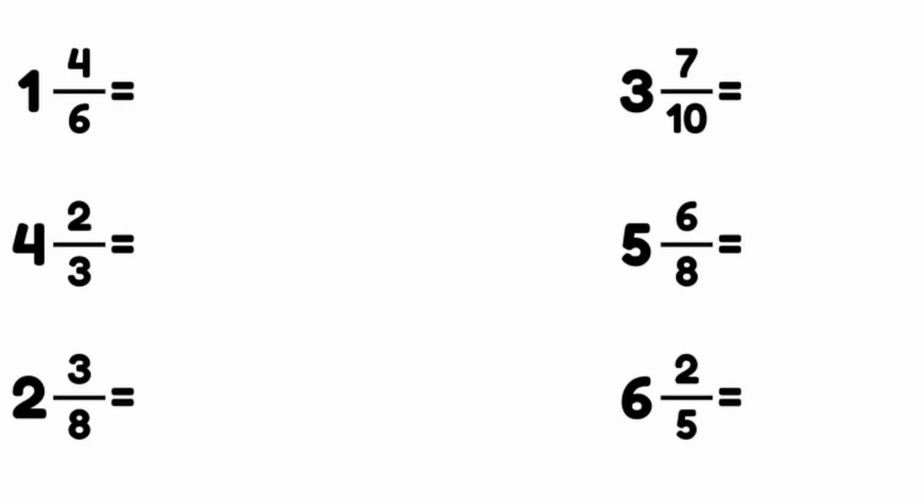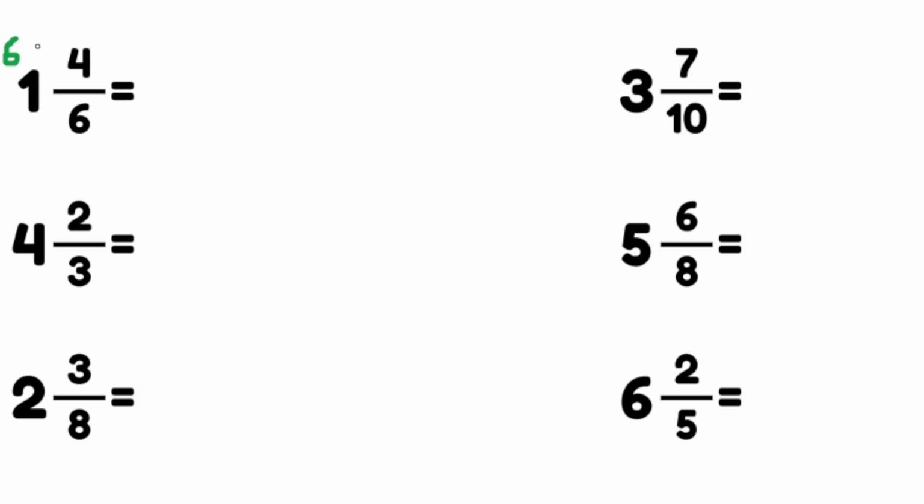Alright, so I'm going to show you how to do one more just so you can see it in real time, and then I'm going to have you try some practice problems on your own. So let's take a look here at 1 and 4/6. I'm going to do my denominator times my whole number. 6 times 1 gives me 6, and if it helps you, you can write it over on the top there,